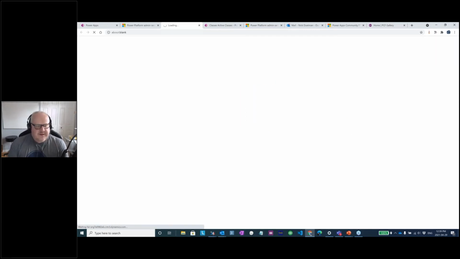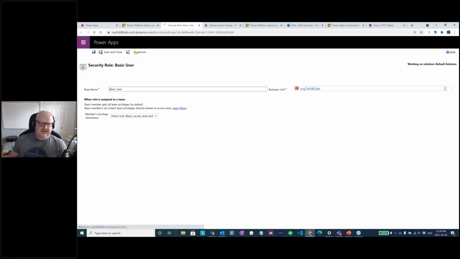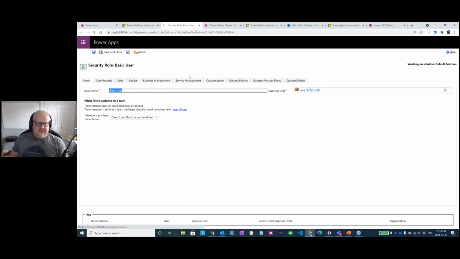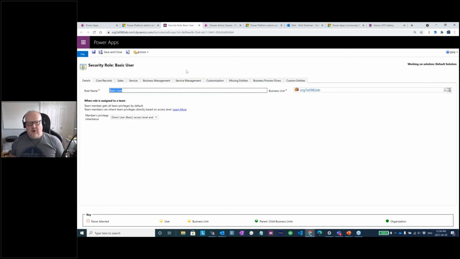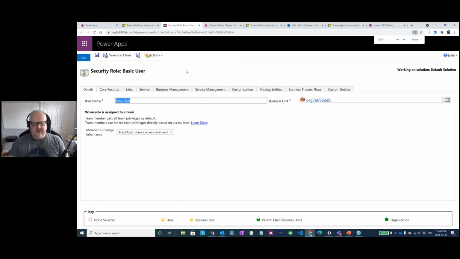Now, this is something that, again, I also want to point out. If you go to a certain screen, sometimes it looks a little weird, to say the least. This is because some of these screens are still utilizing the older user interface. They haven't completely converted everything over to the new user interface. They are working on it. So that's why some of these screens look a little 2013-ish. But anyways,